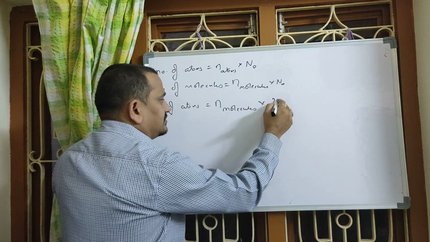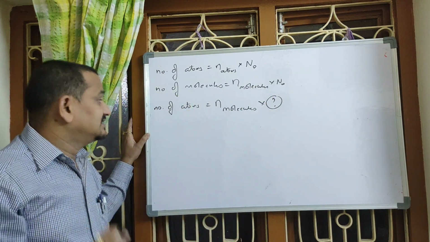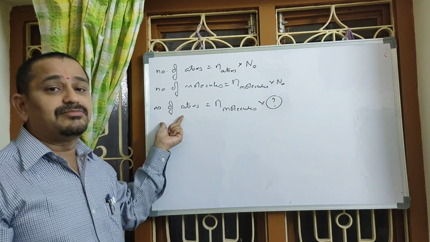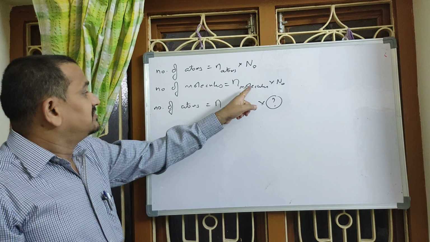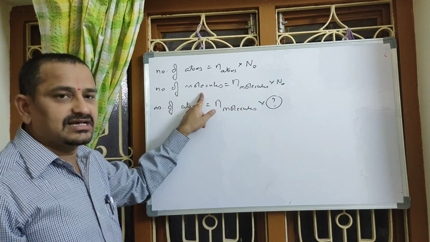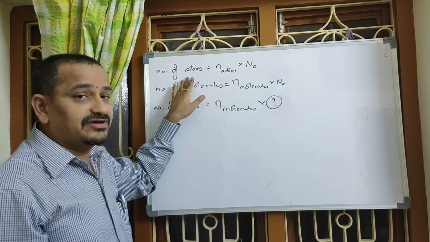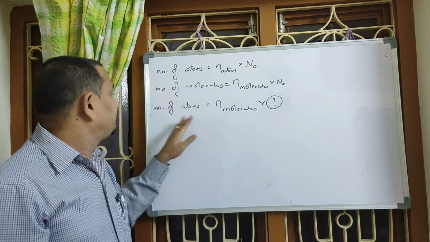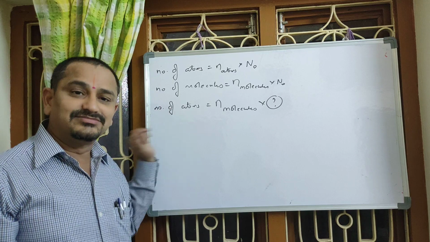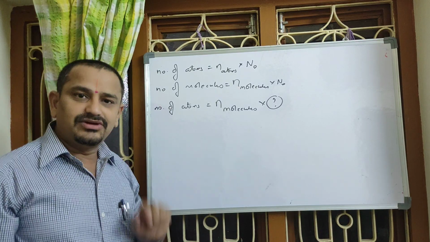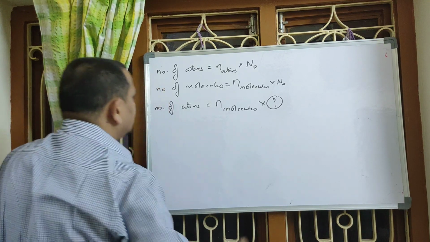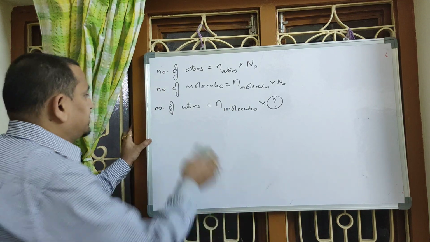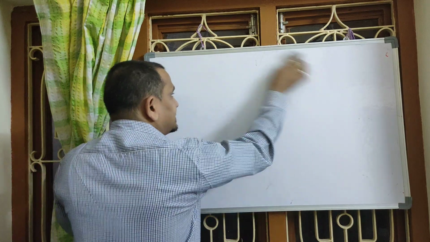Then what do we have to do in such a case? They will give number of moles of molecules and ask us to calculate number of atoms. Here, moles of molecules and number of molecules are asked. Here, number of moles of atoms and number of atoms are asked. But here, given number of moles of molecules, we are asked to calculate number of atoms. So this is a new relation. Let us derive the formula in a regular manner instead of learning it by heart. There is nothing to learn by heart.